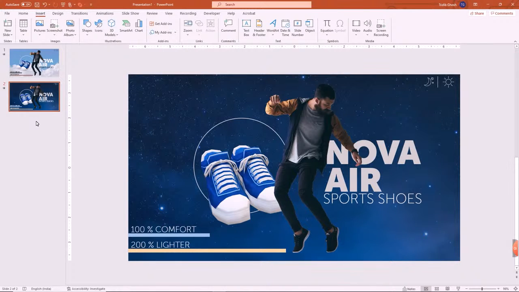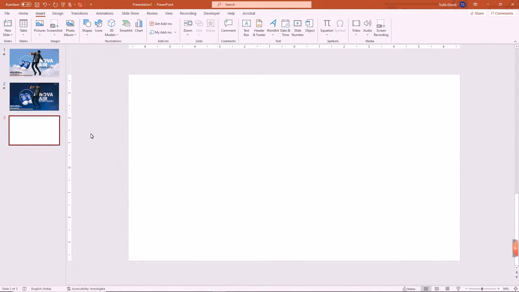I will show you the first slide, how to create it. You can similarly create the second slide as well. What we need to do is first select one background image, which is very easy. You need not go anywhere else or take images from anywhere, you can just go to pictures and click on stock images,